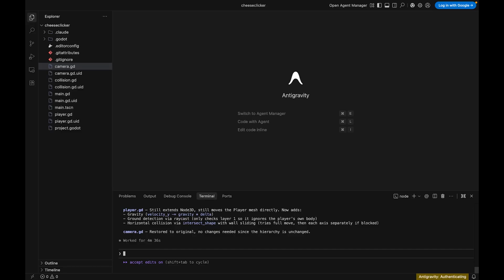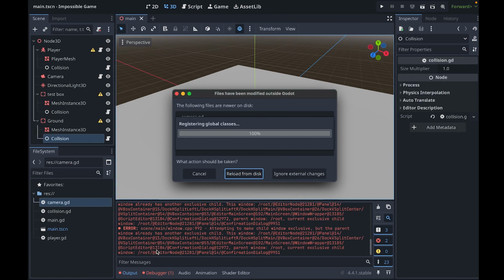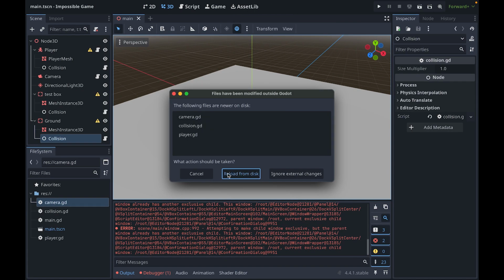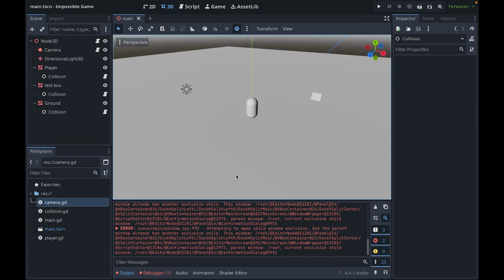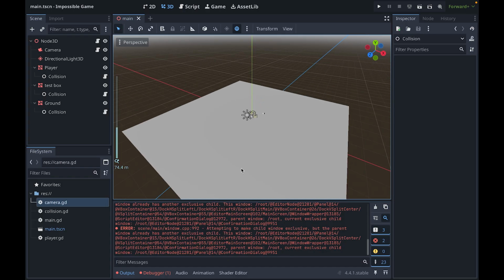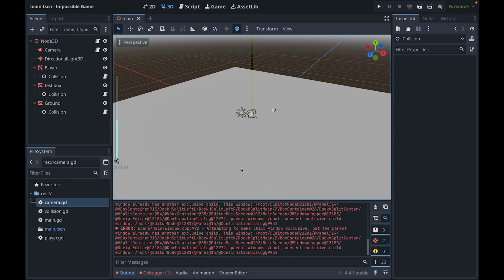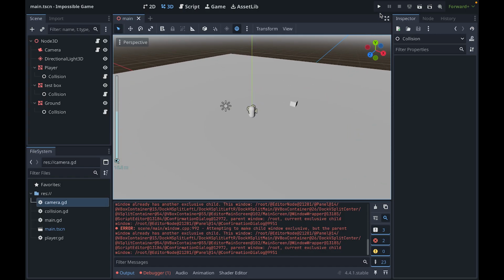By the way, now we are going to check, please. So this should work? Okay, it works, but you fall infinitely in the void because